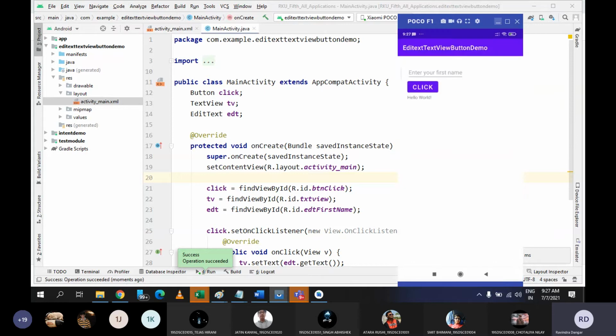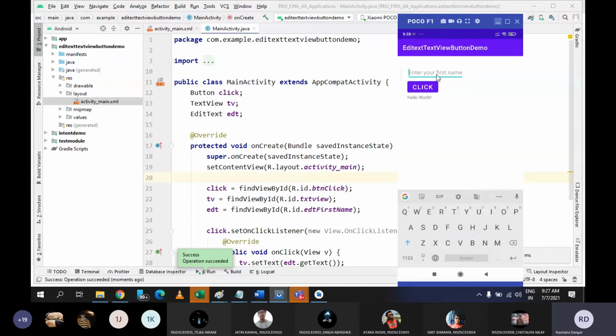And you can see now I am having 3 components. One is edit text, second one is button, and third one is hello world, which is your text view. Once I click here, this will disappear. You can write your text and then it will disappear.